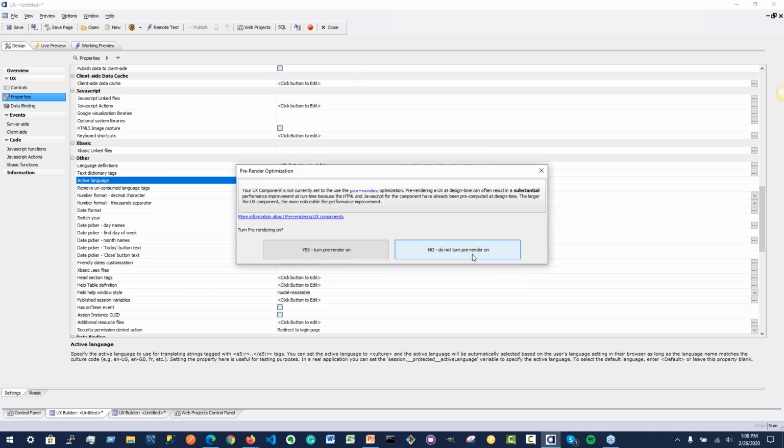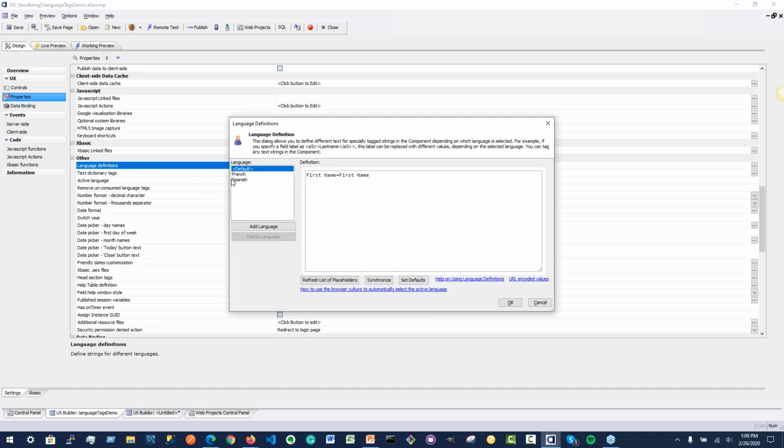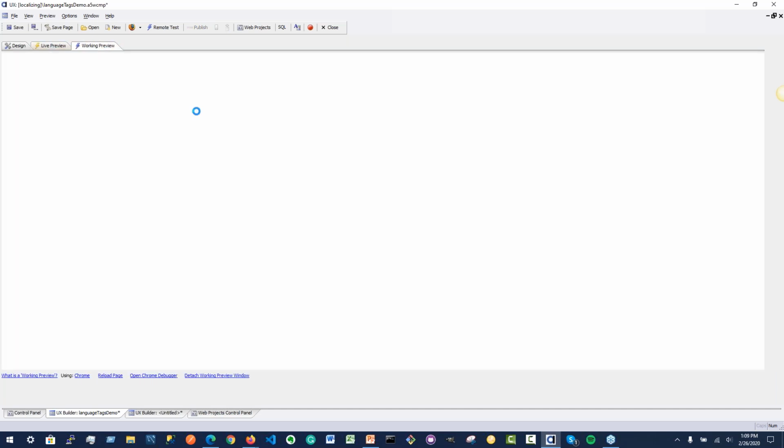So setting this active language to French, which was one of the languages I've defined here, it needs to match what you specify here. Otherwise, it won't know what to do when you give it a language it doesn't have a definition for. So if we go into working preview now,